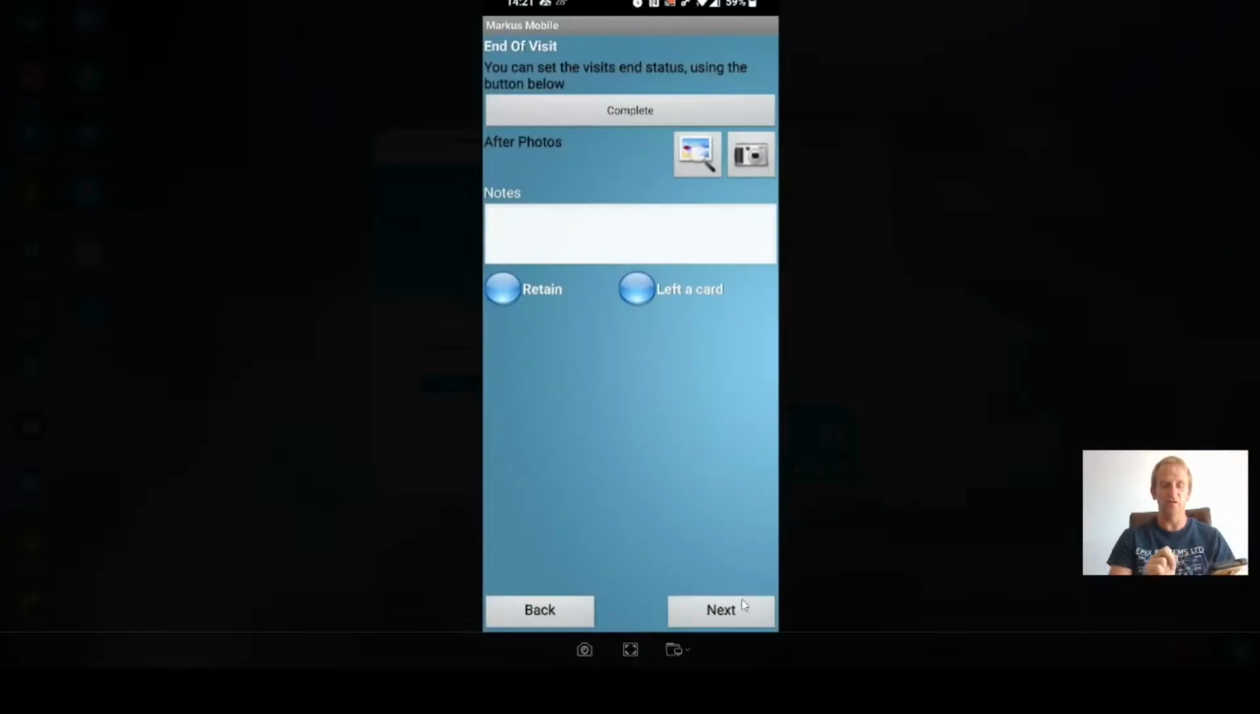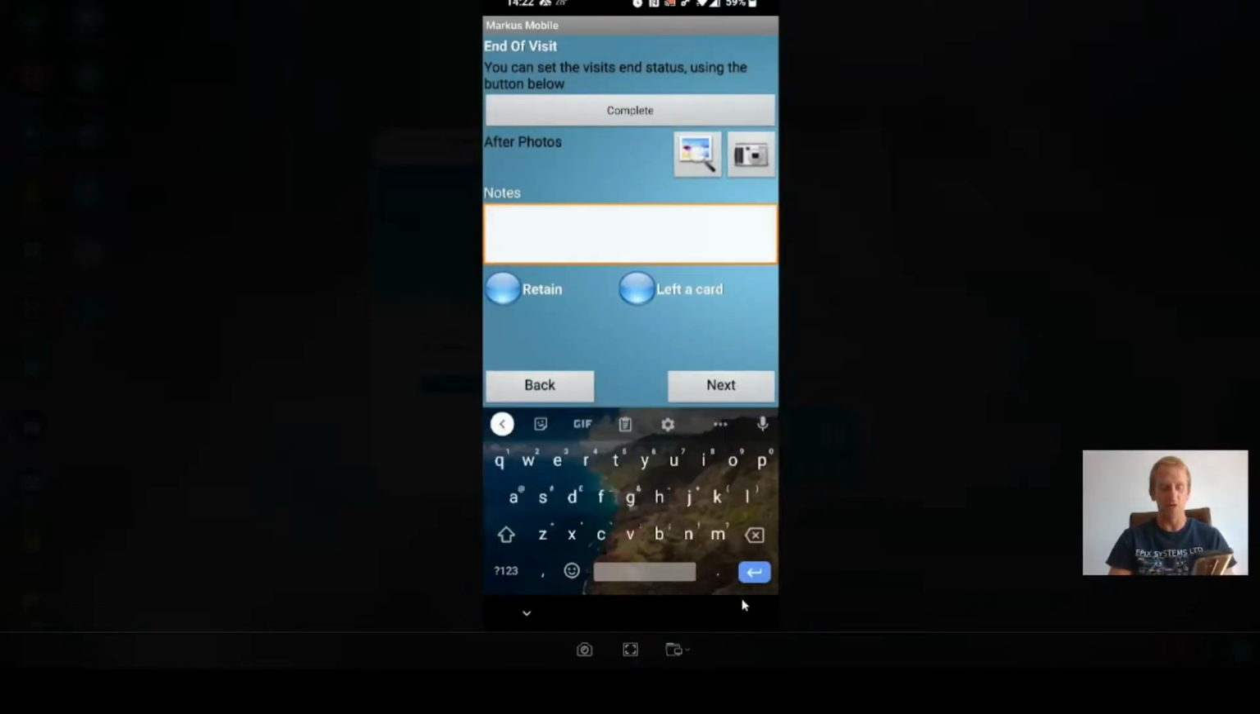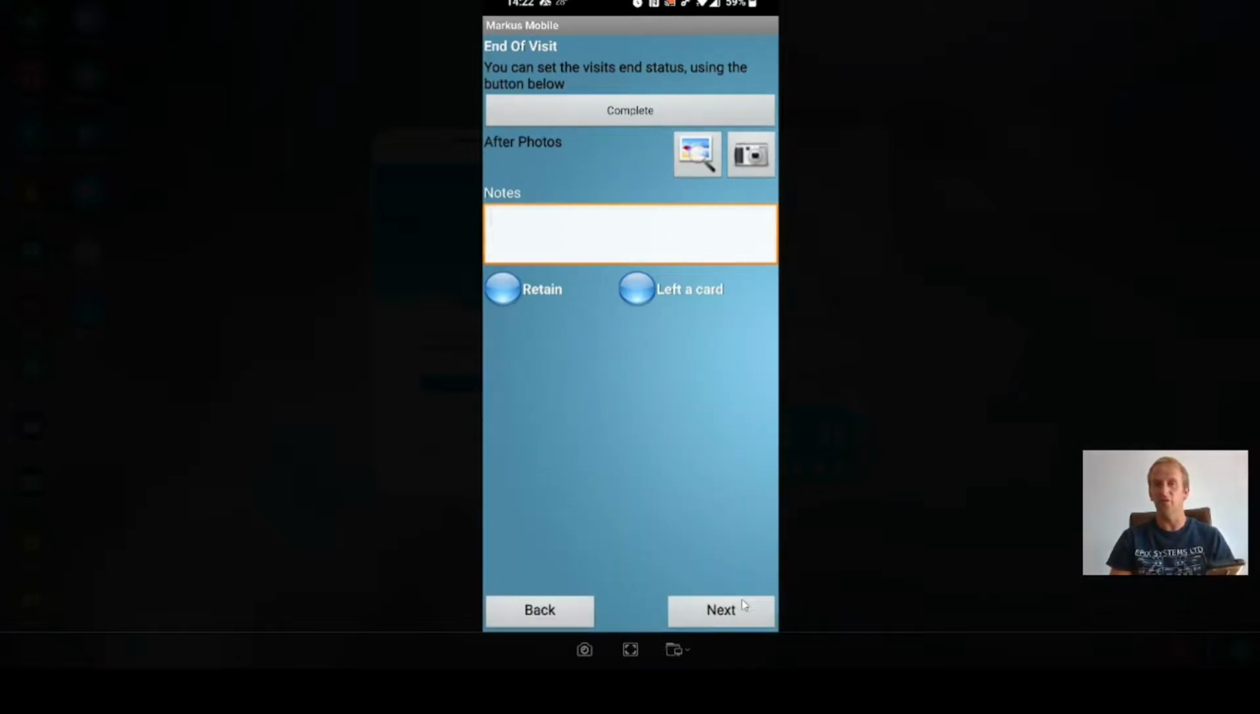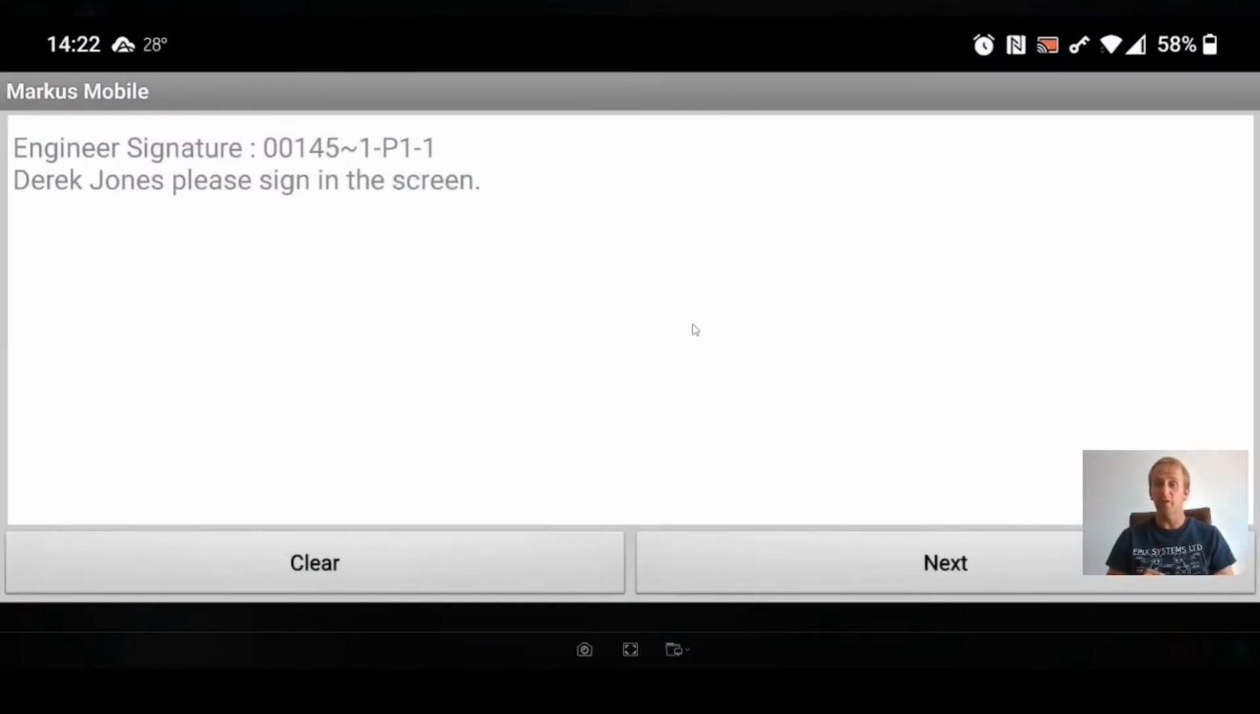So again, they would choose a status. They could leave some notes for the office using this field here if they wish, and also they could take further photographs using the camera should they wish. The operative would then of course sign the screen to say that they are finished,